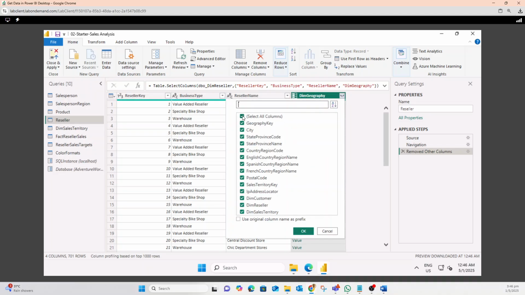Then select all to unselect all the columns, and then keep only the city, and then after that the state province name,